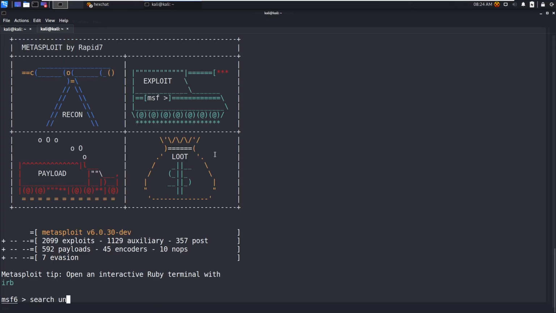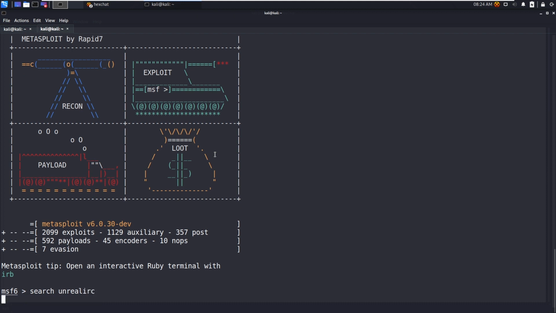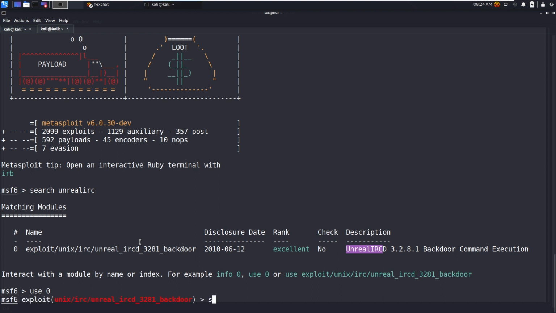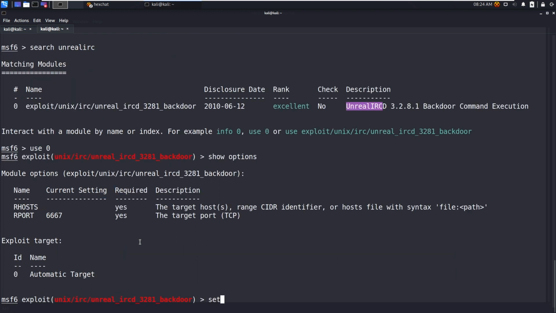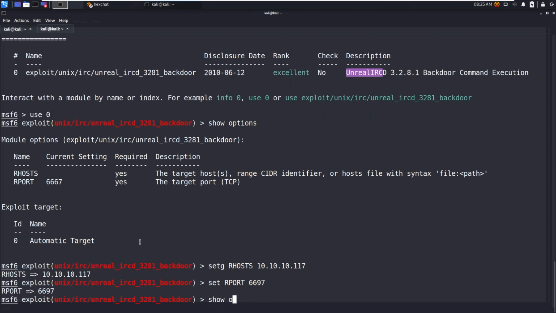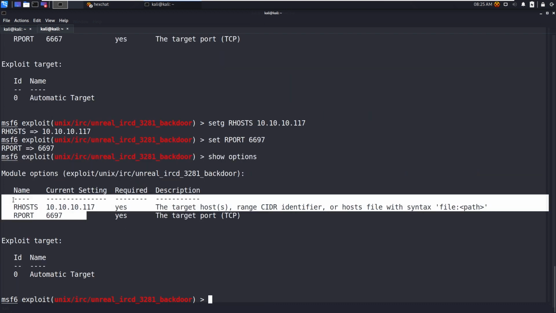So we can search for Unreal IRC. There is only one exploit, let's use that. Show options. I am setting globally our host, and set our port 6697, then show options. So these two settings are set. We need to set the payload.